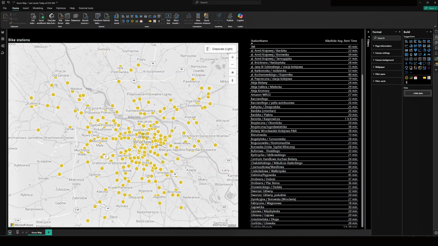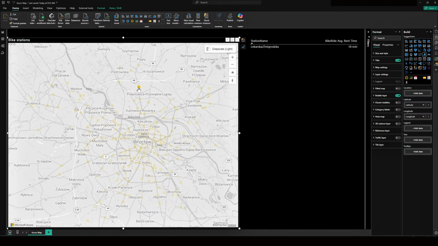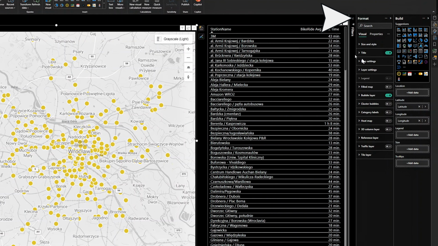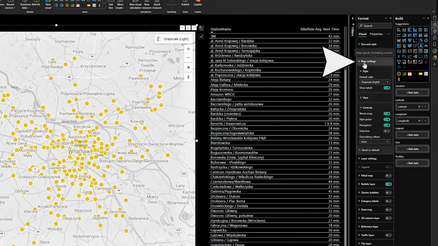I'll show you some interesting functionalities of one of Power BI's visualizations, the Azure Maps. The first thing I'd like to demonstrate is point selection on the map. Besides the standard method of selecting points one by one, we have a few other ways to do this. Let's make it possible. To enable this feature, we need to adjust a setting on our map because it's turned off by default. In the Format panel, expand the Map Settings section. Under Controls, toggle the selection switch and a cursor icon will appear on the map, allowing us to choose selection